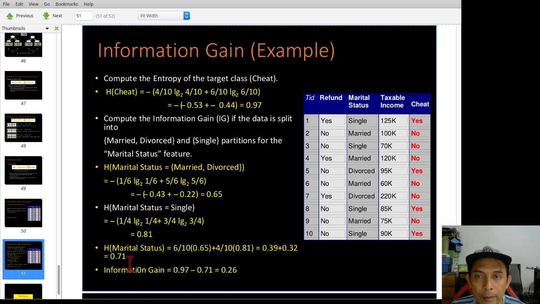Once you have this, the information gain for marital status is 0.26. Now you can apply the same formula to calculate the information gain for refund and for taxable income.